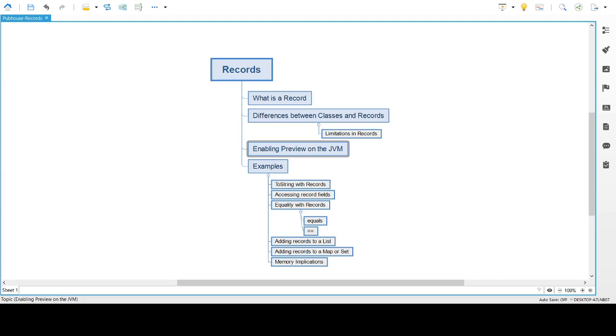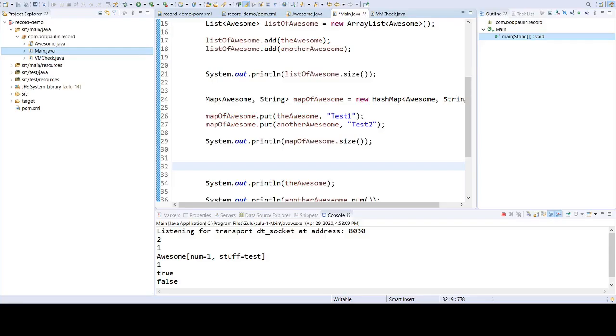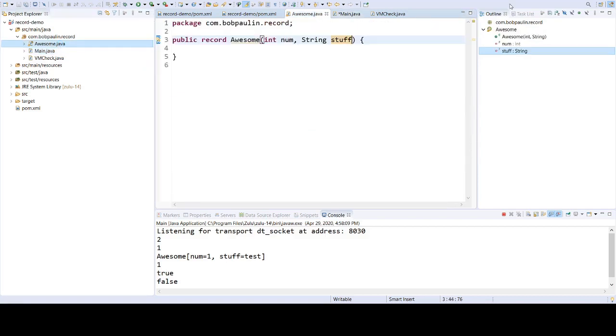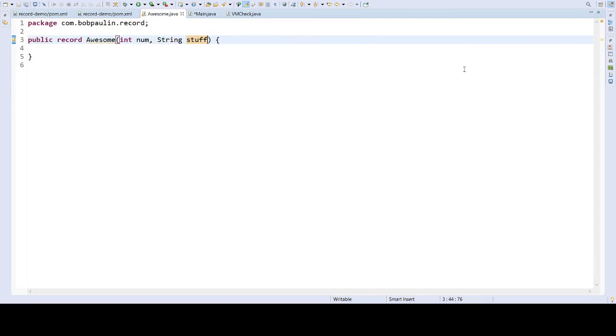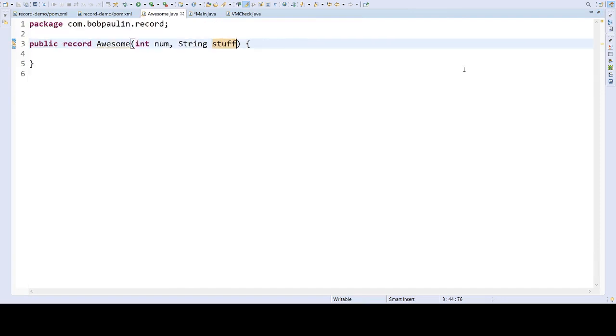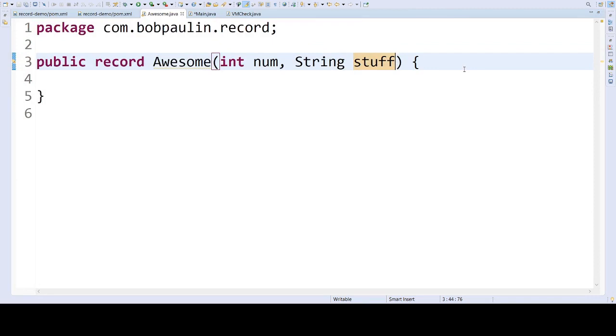So one place to start: what does a record look like in Java? Maybe I can share my screen and we can give our first attempt at what this looks like. Yes, so here's my Eclipse screen. Is this big enough? Is this legible to you, Freddie? Yep, I can see it. All right, let me make it even a little bit bigger. This is a preview release of Eclipse that has support for records on Java 14.